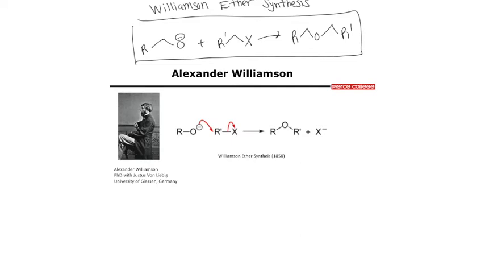Dr. Williamson was granted his PhD, or hooded as we would say, the hooding ceremony, if they did that back then, with Justus von Liebig back in the big group of German chemists over there that were real big in organic chemistry. So he's really famous, and a lot of famous scientists originate from his lab. It's interesting what a small world chemistry was back then, and even still is today. It seems like everyone knows each other, but they're all kind of interconnected. So we're going to use the Williamson ether synthesis. Remember, alkyl halide, alkoxide, makes ether.